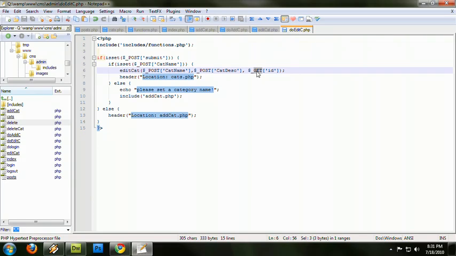Oh, that's why. We're having an issue because, see how these are all post? We're submitting post, and I just put get because I was thinking about get at the moment. So make sure we're using post when we're using the post thing, and get when we're using the get variable through the URL. So we're going to save that, go back,